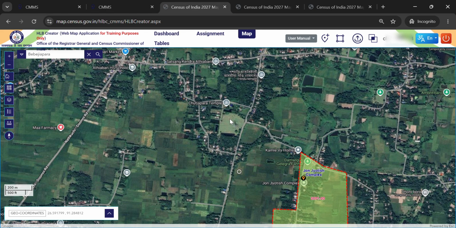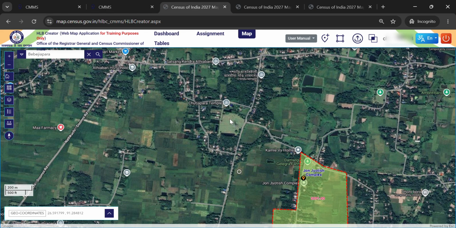And once it is freezed, we cannot increase the estimated population, right? We can only increase the HLBs, and if the new HLBs are created after freezing, then it will get the HLB number of the last HLB plus 1, right? If there are 20 HLBs already created before freezing, then after freezing if we are adding HLB, then it will get the 21. Okay,